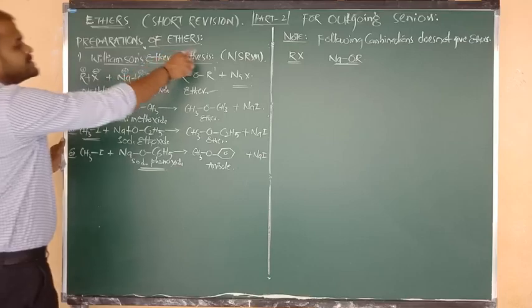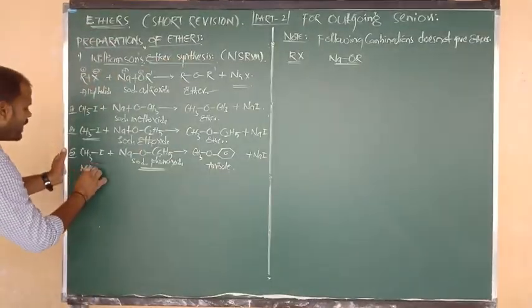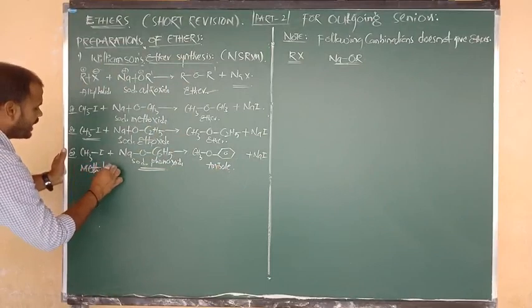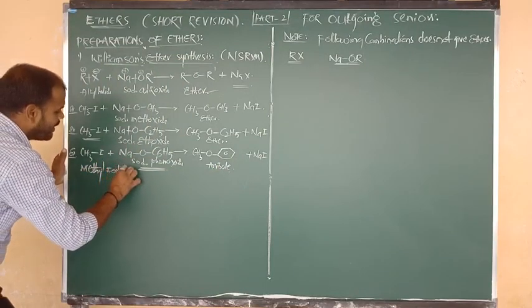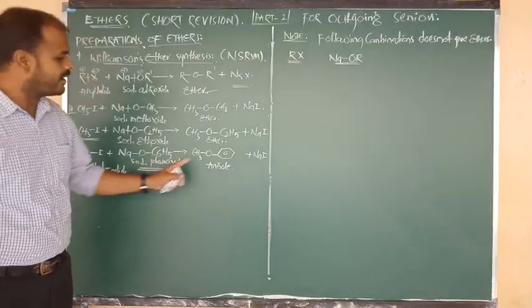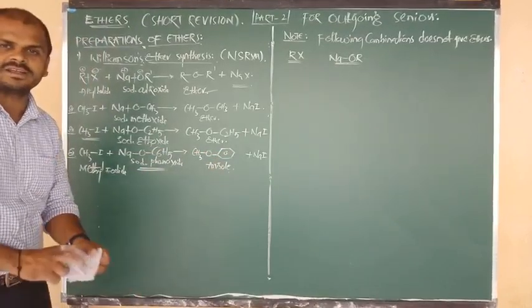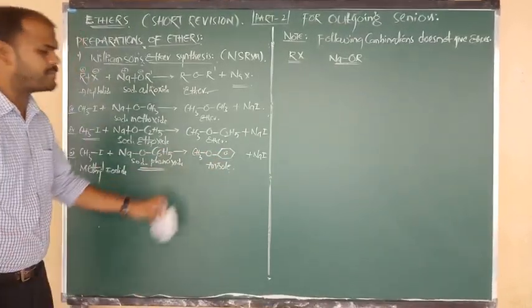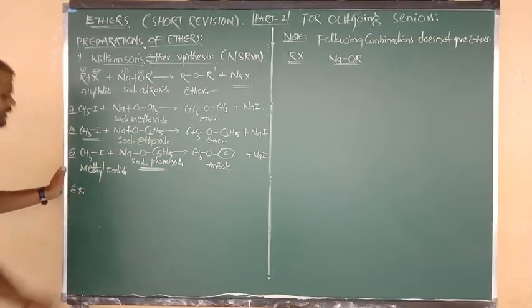So as per Williamson's synthesis, anisole can be prepared by the reaction of what, beta? Any methyl halide like methyl chloride or methyl bromide or methyl iodide. So methyl halides on reaction with sodium phenoxide are going to form the product methoxybenzene, and we can also say anisole. That product you are going to get, beta. Good. So another example I want to give you here.